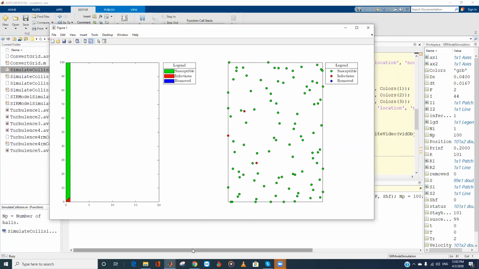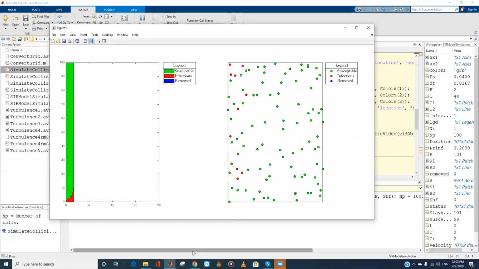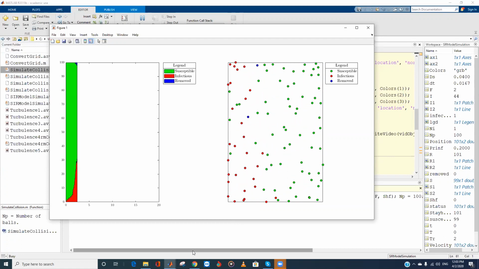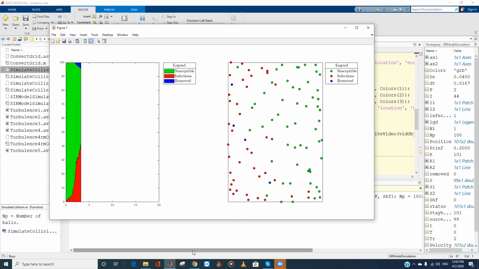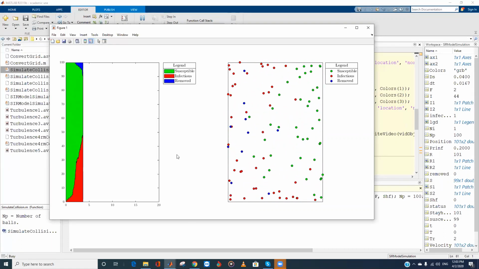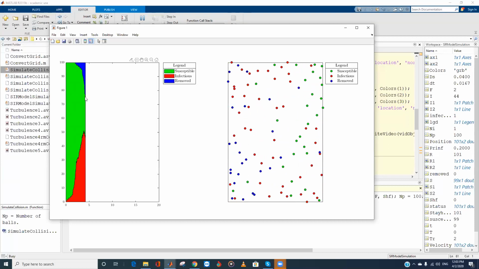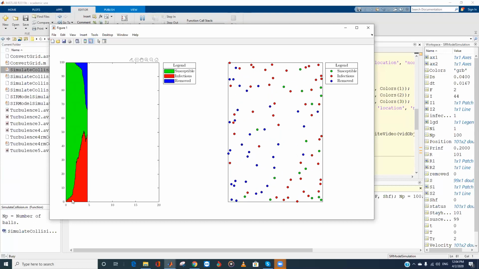You can see that more particles are becoming infected, or let me say more people are becoming infected, and then one is already recovered. So we have two, now three recovered. The number of recovered is shown from the top down, while the number of people getting infected is the red that is shown here.